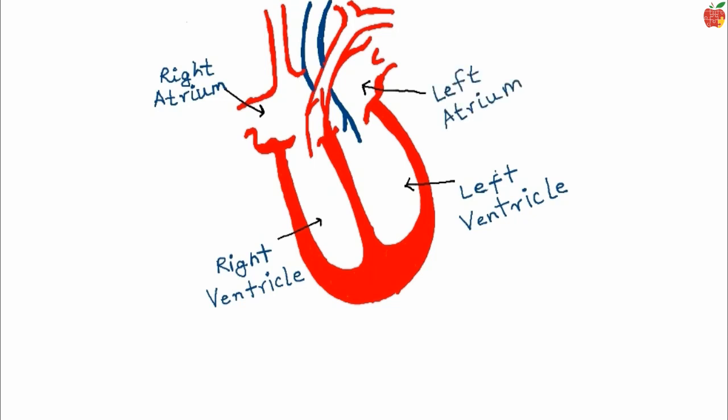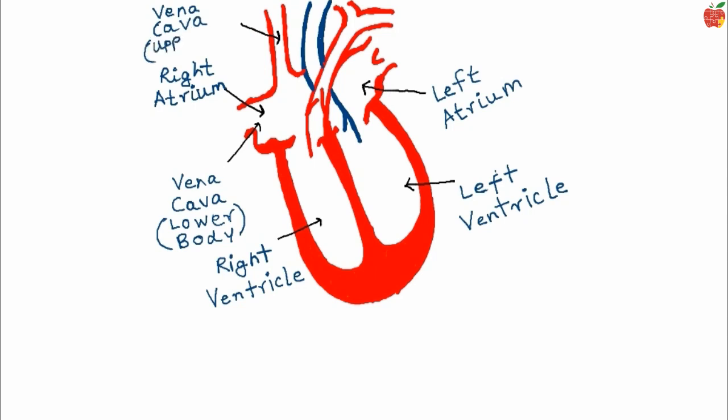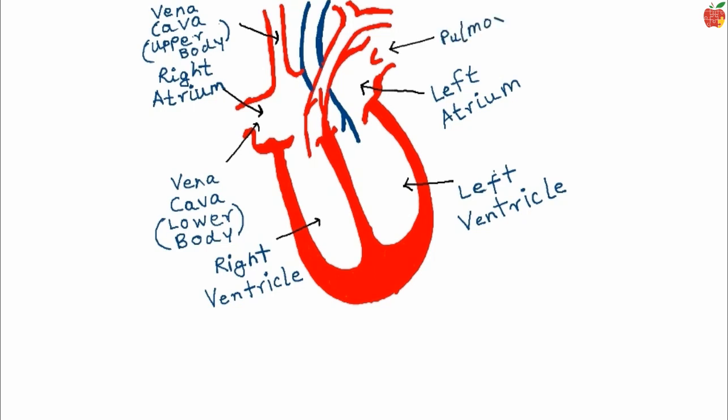The tubes that you draw at the ends of the amoeba-like structure on your left, that is above the right ventricle, will be called the vena cava from the lower body, and the second one on top will be called the vena cava from the upper body. The tubes on the side of the left ventricle at the ends of the amoeba-like structure are the pulmonary veins.